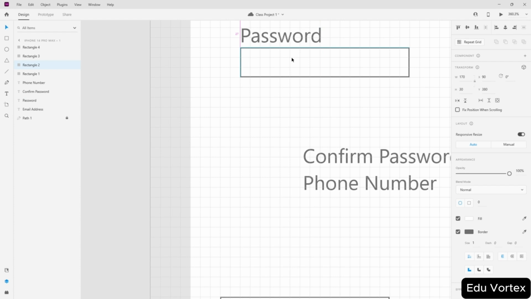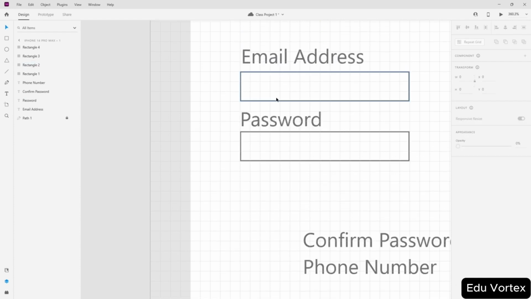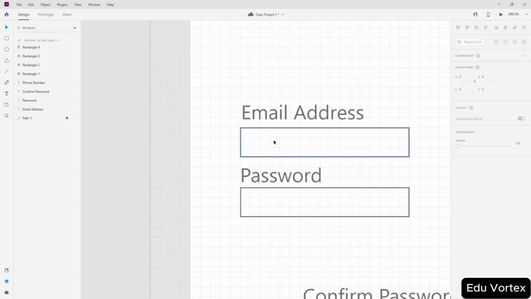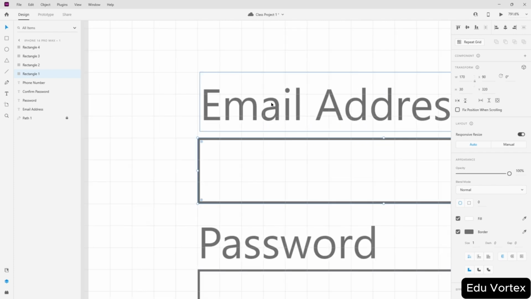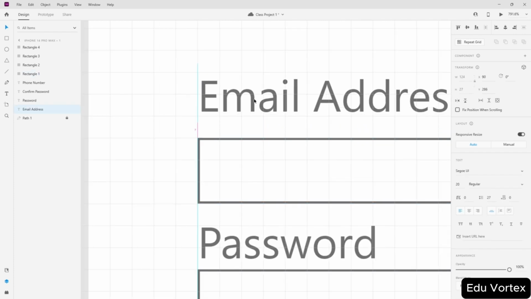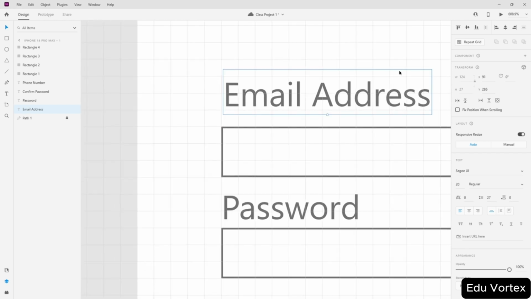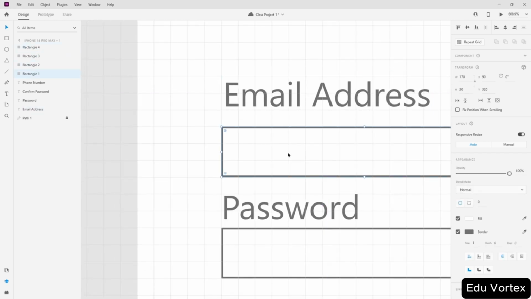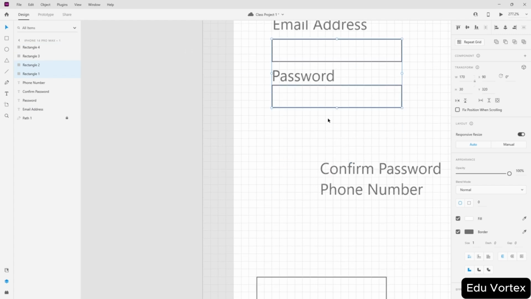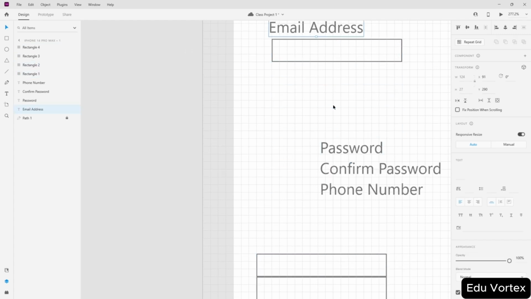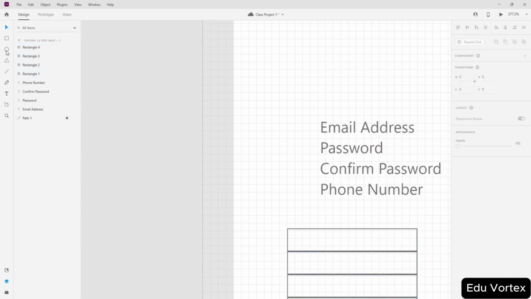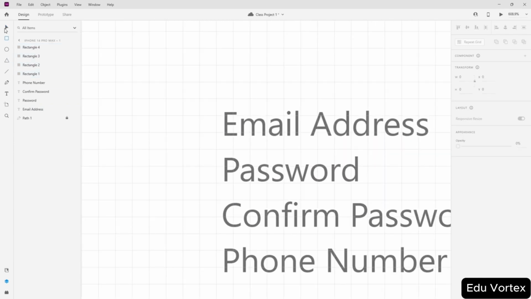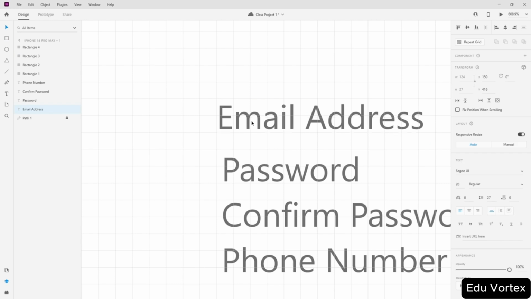I want to realign this email address towards this, then add the password like that, then add this one over here like this. Now as you can see, I want to realign it so that it matches my email address. So for example, let me go ahead and first undo everything. There you go. Now move this one aside, and then I'm going to select my rectangle tool again. Before I select the rectangle tool, I want to first select my email address like this and use another rectangle tool